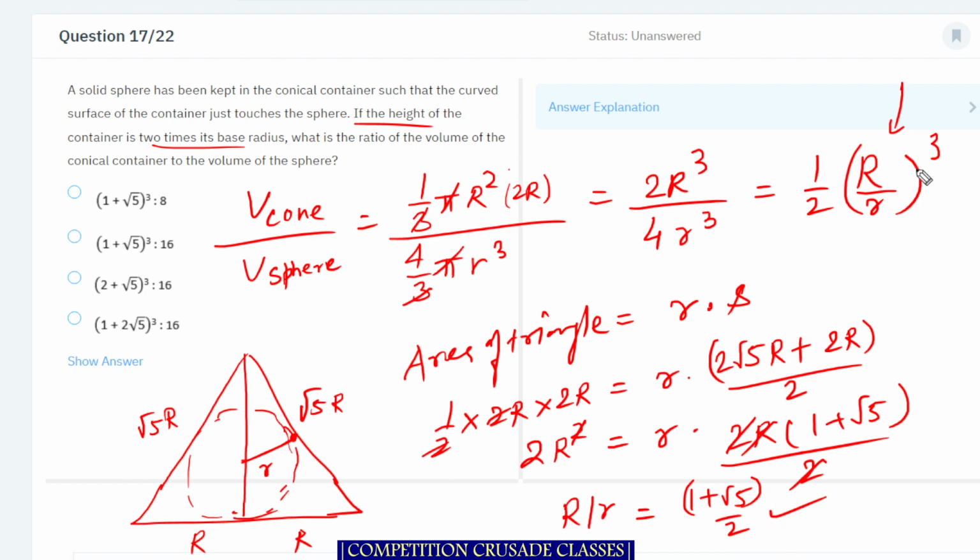और यहाँ पे आपका क्यूब करना है, इसका क्यूब बिठाना है. सो ओके, इंटरेस्टिंग, बन गया. सो बेसिकली दिस इज दी, मैं डायरेक्टली लिख रहा हूँ इसको, तो 1 by 2 (1 प्लस रूट ओवर 5) का क्यूब, और यहाँ पे ये 8 होगा, और जब इसको आप मल्टीप्लाई करोगे तो 16 हो जाएगा. (1 प्लस रूट ओवर 5) का क्यूब इज टू 16. दिस इज द आंसर. ओके